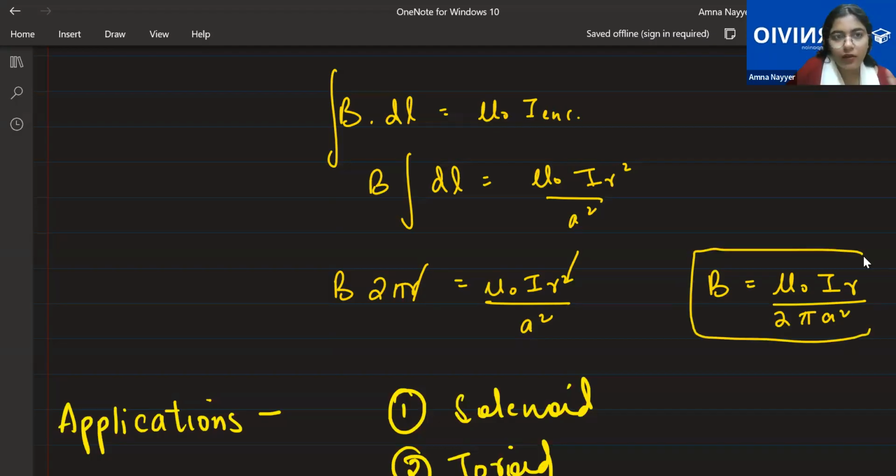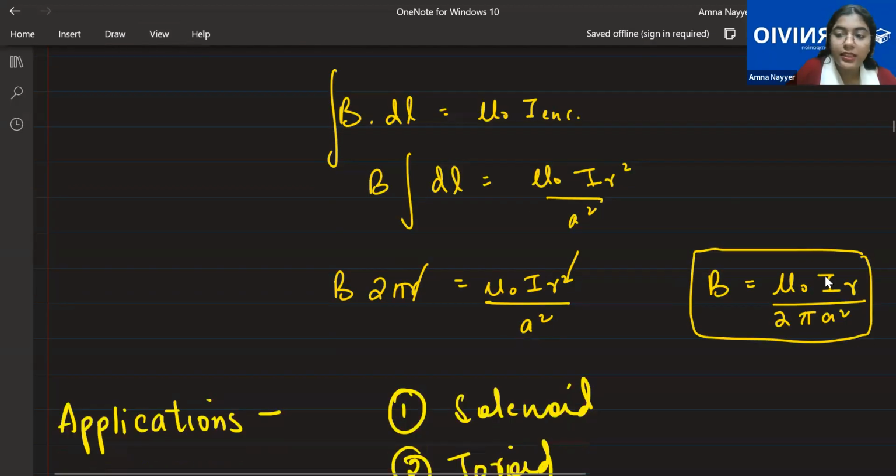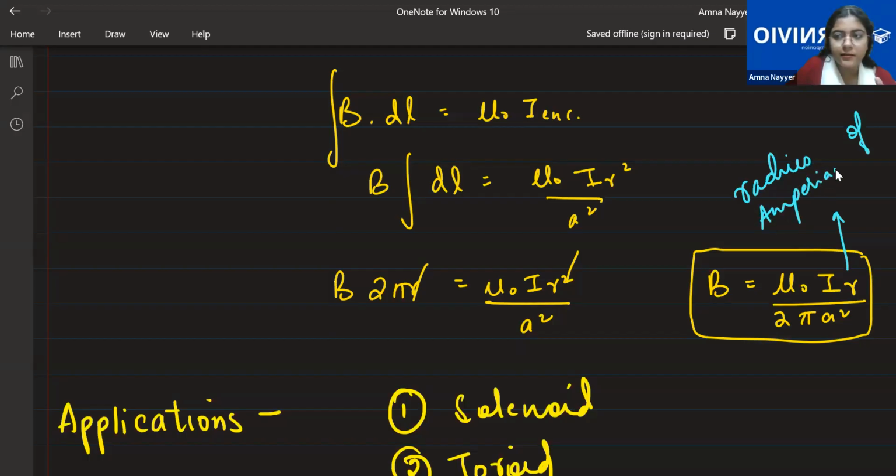Ranin, this is a very important formula. Many times this question has come in the board exam. And in your NEET paper also, this direct question has been used like a formula in the NEET, but in the board, it's not used as a formula also. R is the radius of the Amperian loop. Just be careful with this. Which is R, which is A. That can be confusing. So radius of the Amperian loop is this, while the radius of the wire is A.